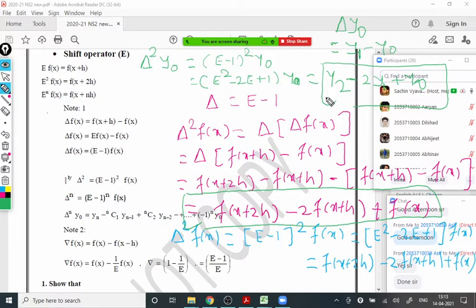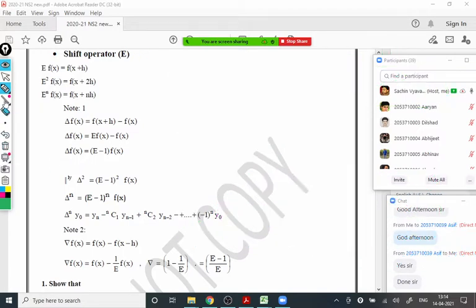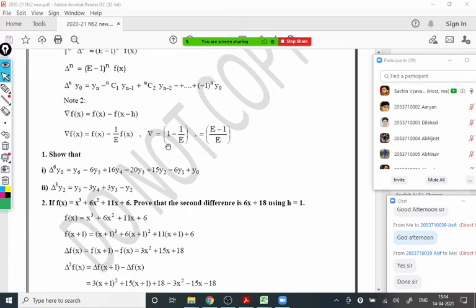Whenever the question is asked in y_n notation and you do it in f(x) notation, you will still get the marks. So you can do the proof either in y_n notation or in f(x) notation. Both are correct there. So no need to write anything here, because it is not so important and does not come many times in the exam. It is just for your information.